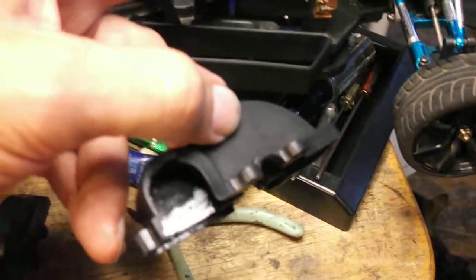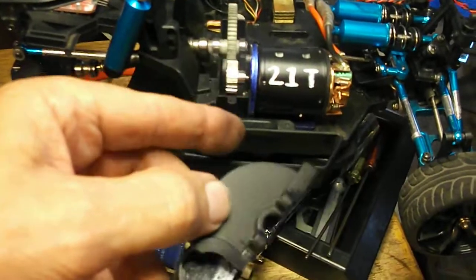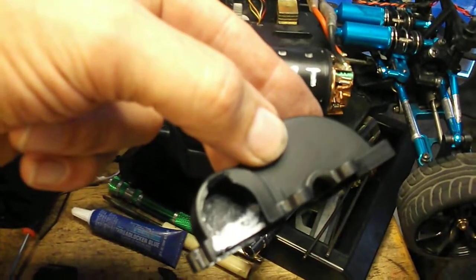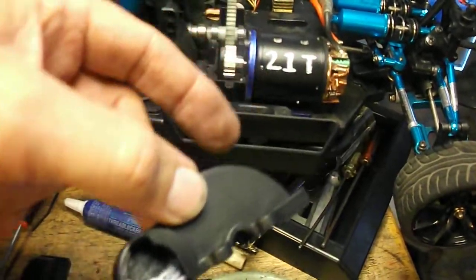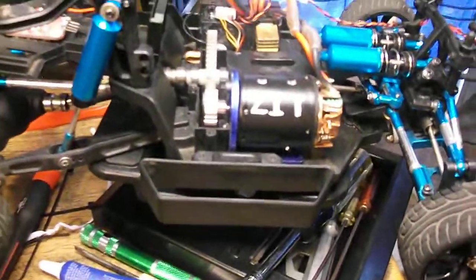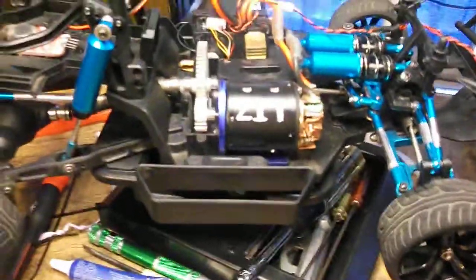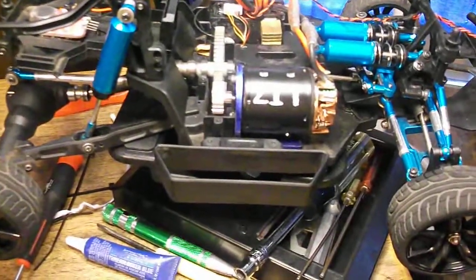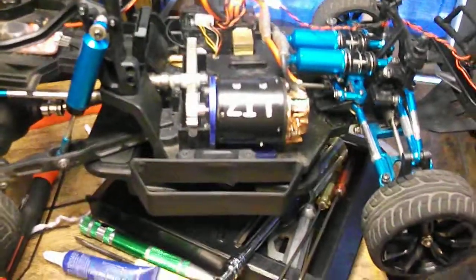I put Allen screws here to mount the motor, and you can see how I opened up the top of the opening there to clearance for the Allen screws. So a 20 is probably as big, and then obviously I'm running the 21 turn Banggood bearing motor with the neo magnets, adjustable timing. I like it a lot, and I've been as low as a